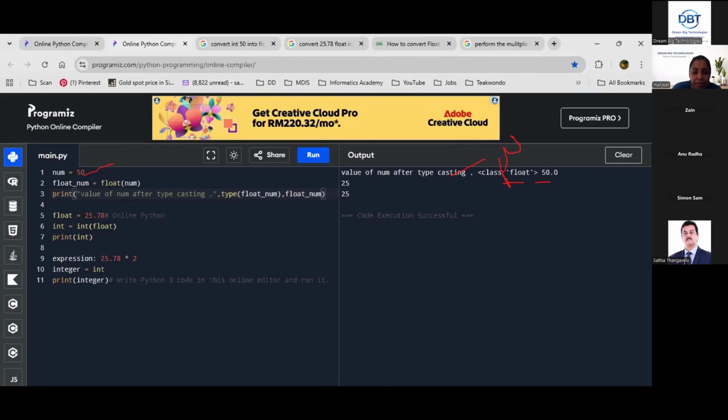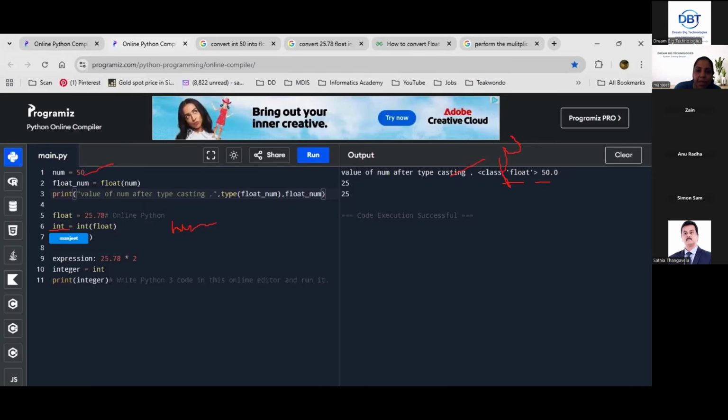Okay. Now this you have done. Now this question was float. Now you have to convert into int. Here you just say int underscore num. Change the variable name. Sixth line, change the variable name. Int underscore num. Sixth line. Int, that is correct. Just add underscore num.